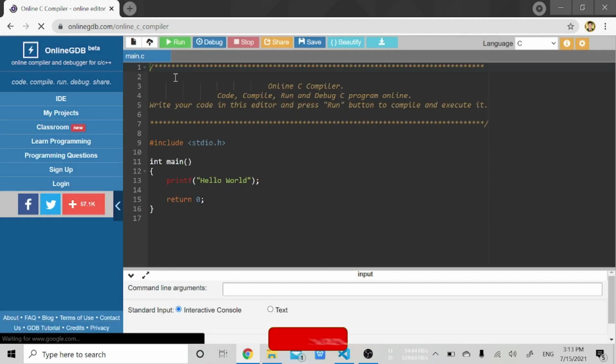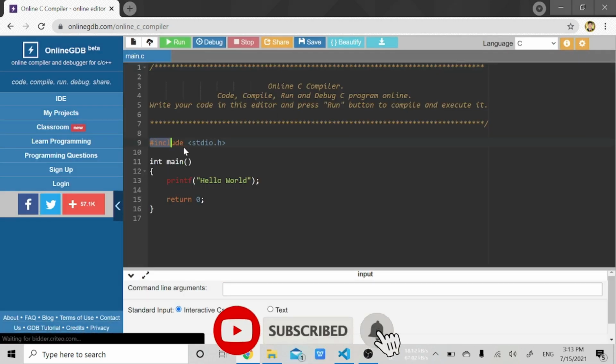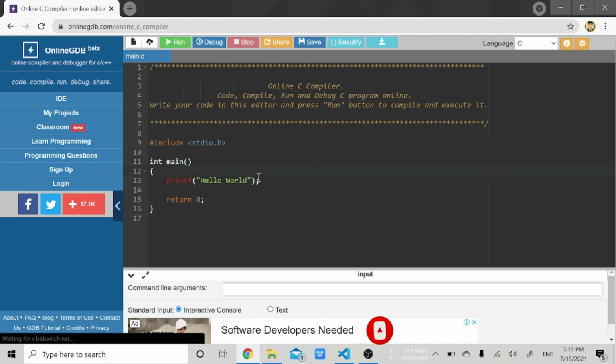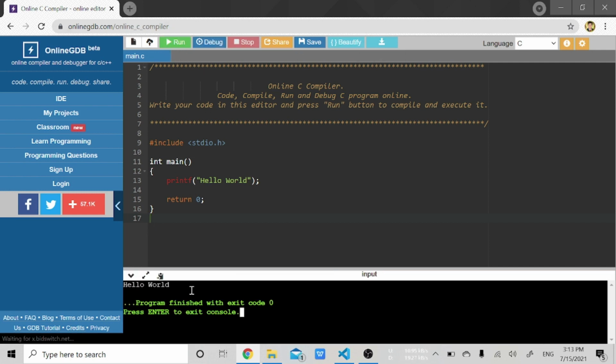This is our online IDE. It has the same code which we have written in our VS Code, right? It will print hello world. Let us run it and check if it is printing or not. Press on run and see, here it has printed hello world.